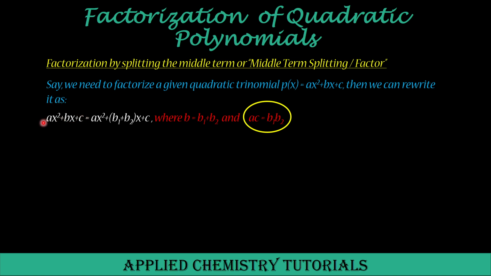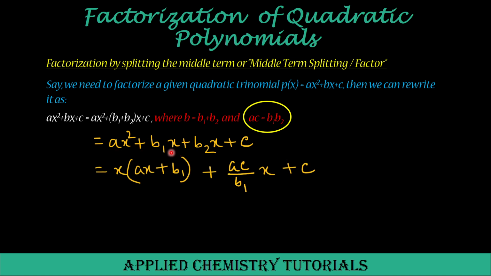Also, this can only happen for trinomials, and it should be written in the format of a constant multiplied by a variable squared, plus a constant multiplied by the same variable to the power 1, plus another constant multiplied by the variable to the power 0. Now this particular trinomial can be rewritten as ax squared plus b1x plus b2x plus c, and we can take